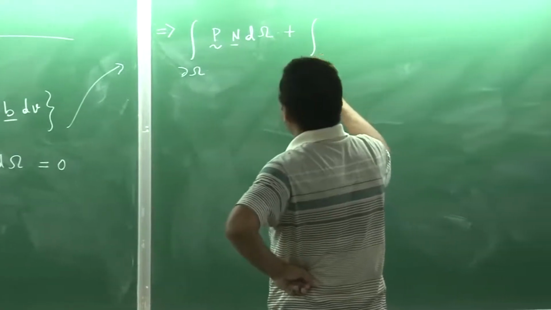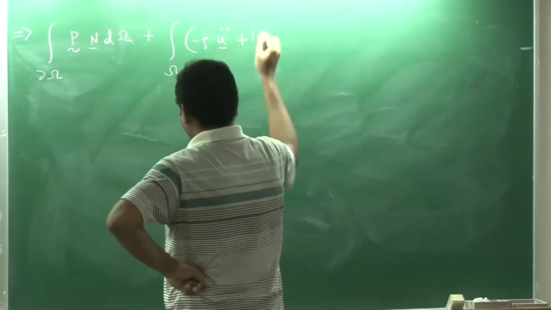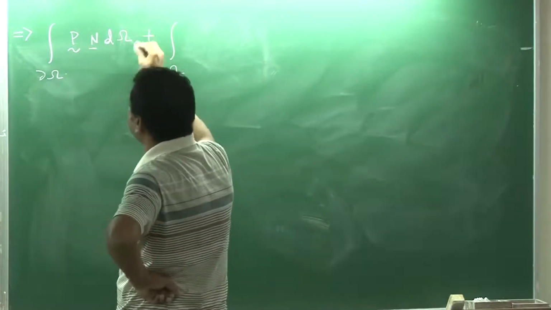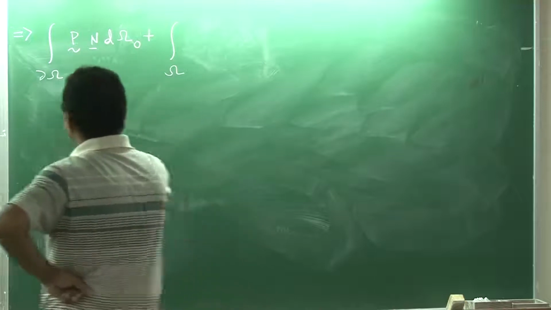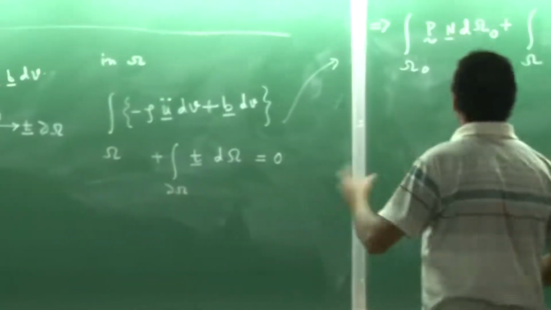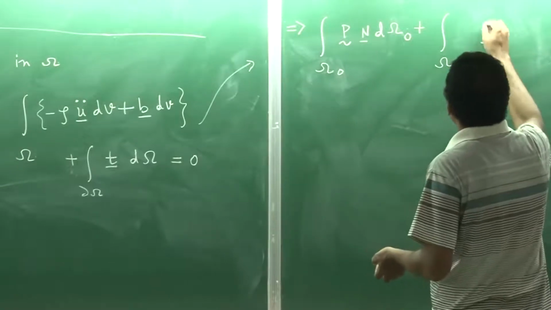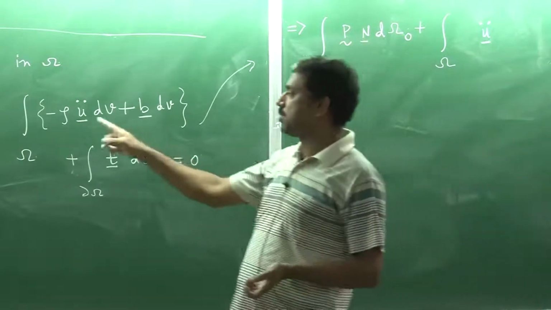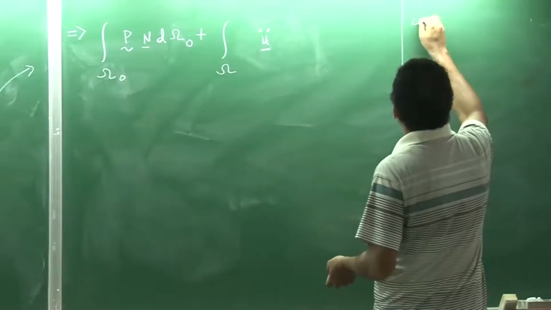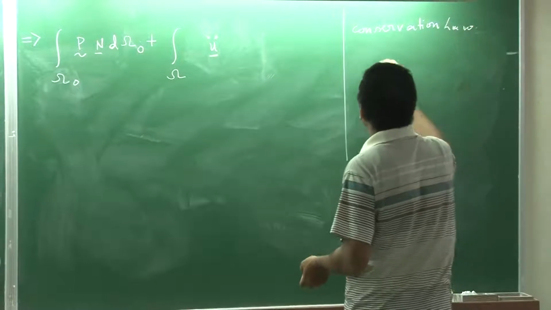Then plus minus rho u double dot. Because I have already changed the traction term with respect to the undeformed configuration, I am also going to change this in the undeformed. So how will it change? Acceleration does not really care about deformed or undeformed, so I can write it just like that. But for rho dv, what was the conservation law? If you can recall the conservation law,